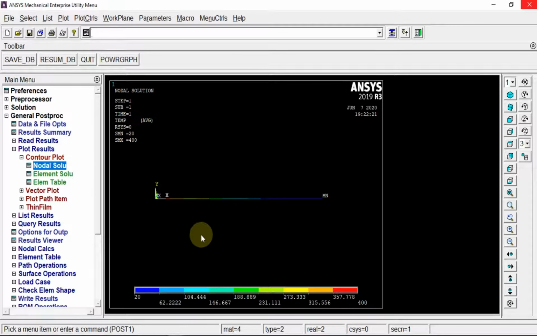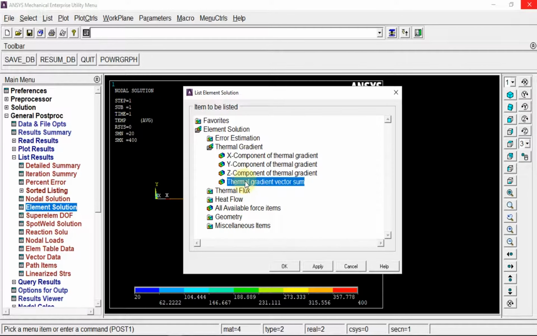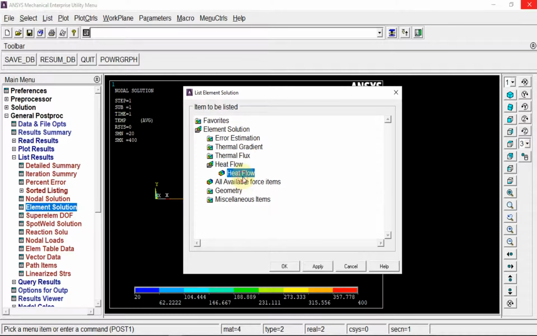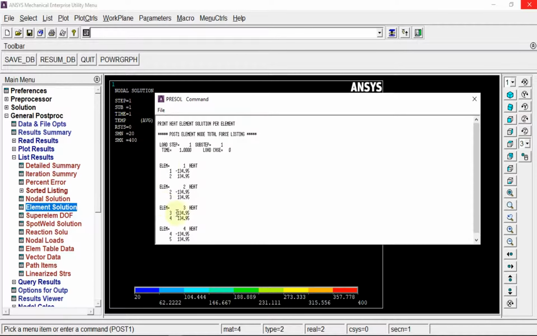Next what I am going to get is the nodal temperature we have already got. I'm going to list results for heat flow, and for that I'm going for list results, and nodal solution or element solution, yeah, element solution, and go for heat flow. Okay, and we have these values over here, so you can save this also.